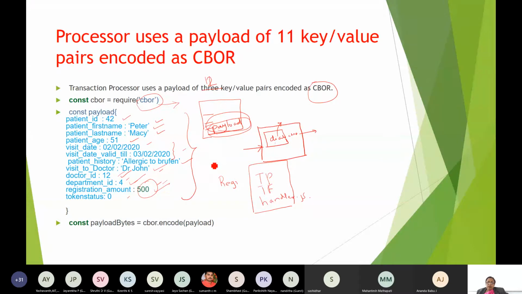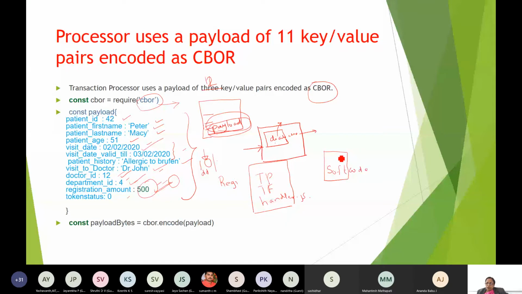right? Another thing is, if patient ID has come, suppose he has registered on 2/2, and if he comes on say 10th of the same month, it should allow him without this registration fee. Yes or no? It should allow him. Okay, that means this whole thing you have to soft code it. You have to soft code it.